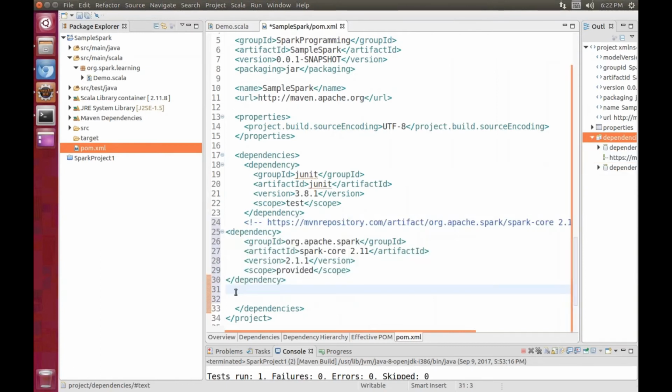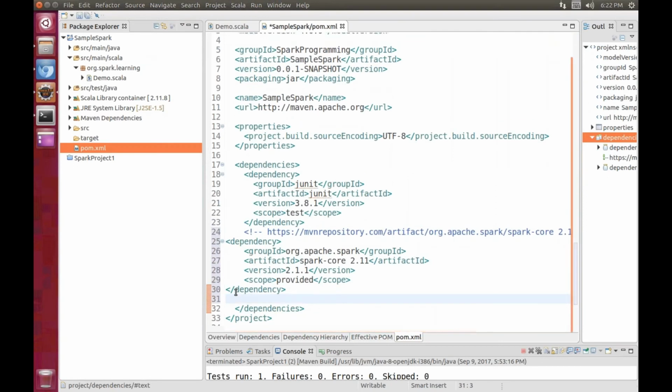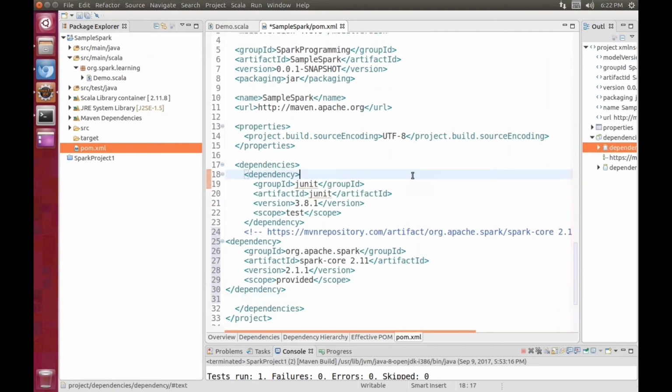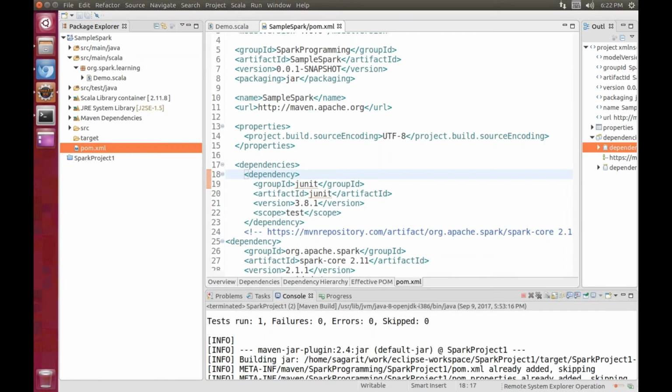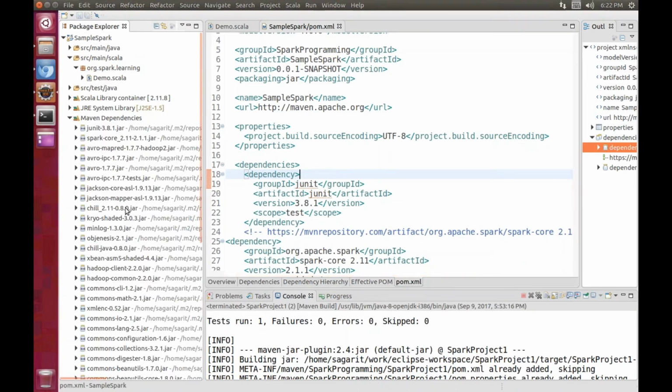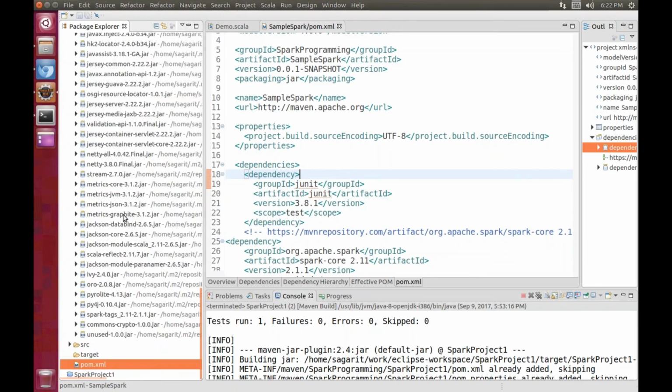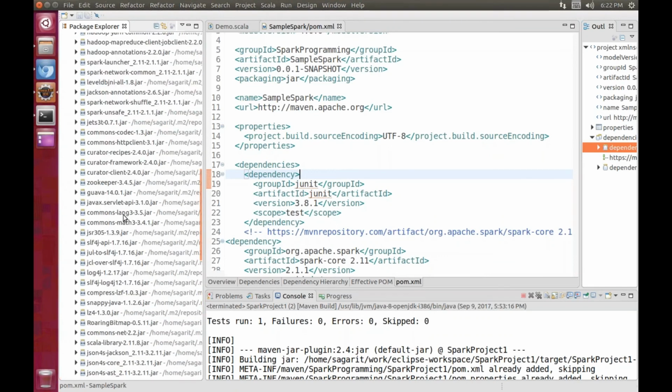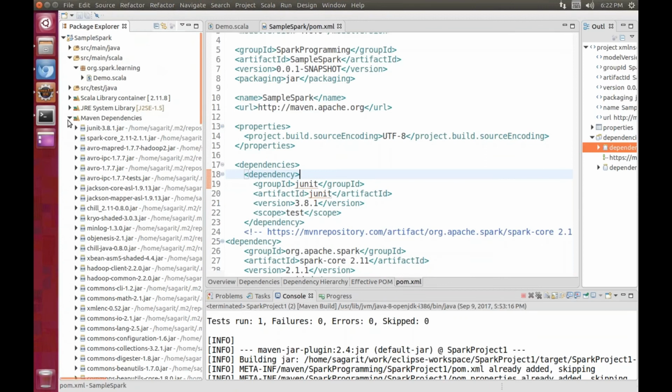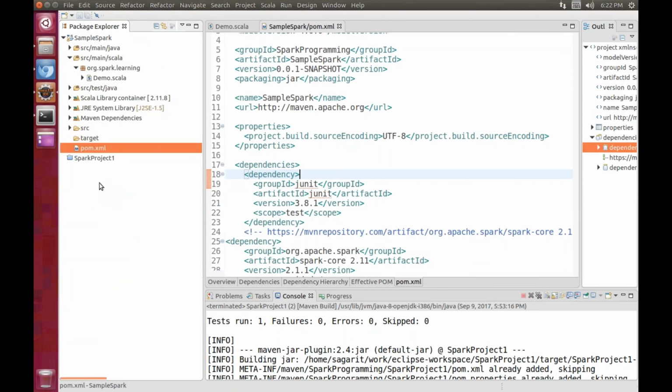Once we add this dependency, save this file, press Control S. When you press Control S, the project will be refreshed and the dependency will be added. So how do we verify whether the dependency is added or not? Just go to Maven dependencies here and unfold this. Can you observe all the jar files here? If it is the very first time, it will take several minutes, maybe 5 to 10 minutes, depending upon your internet connection.